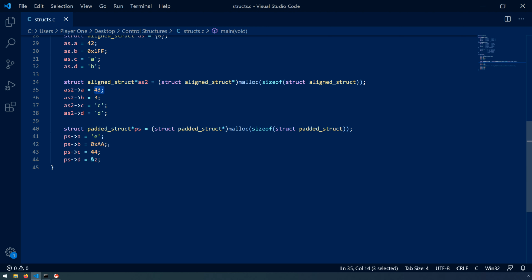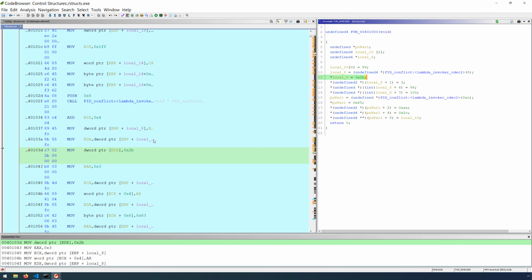And again, if we go back and we look at our original source, we have the base 10 value 43 moved into A, then we're moving 3 into B, then we have our char C and our char D. So it's the exact same structure, we're just in heap memory instead of on the stack. Okay, so let's go back to